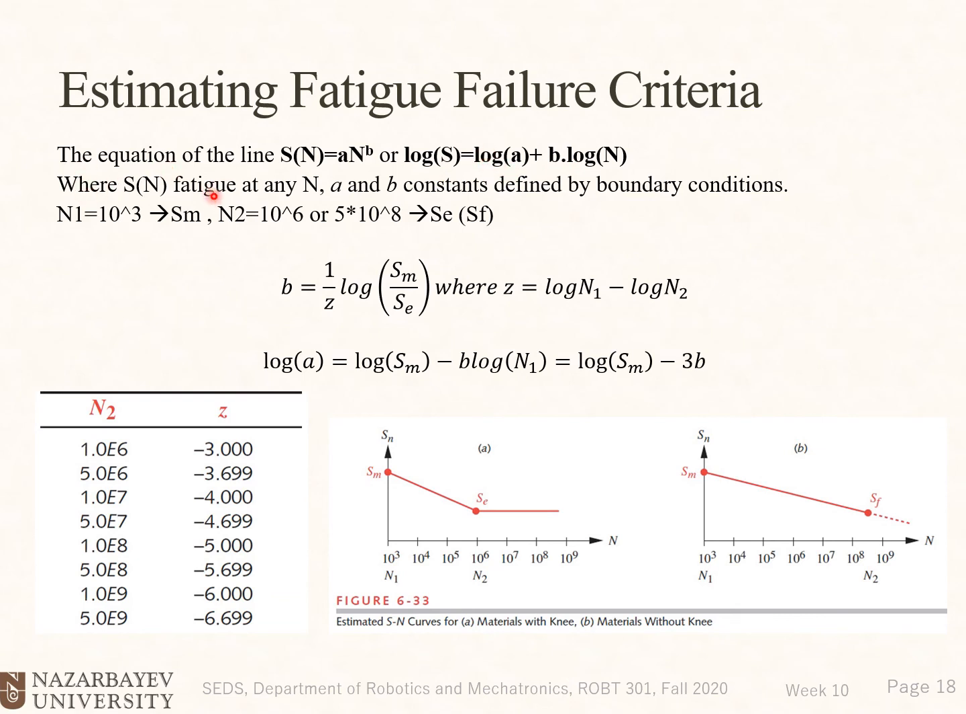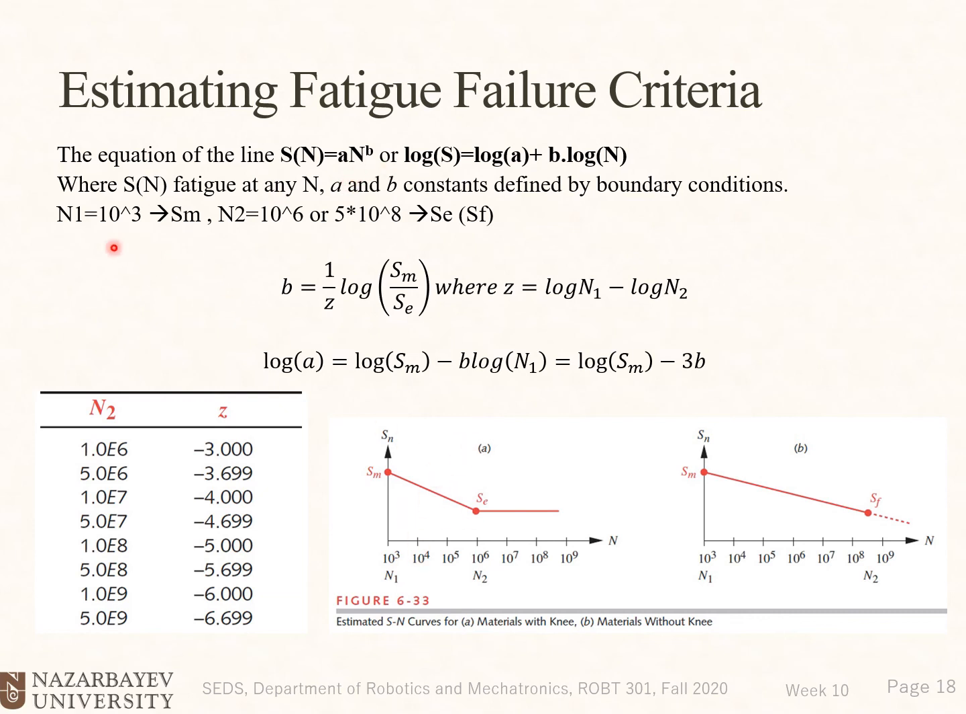Where Sn is the fatigue strength at any n, and A and B are constants defined by boundary conditions. So we need to find only the A and B constants. If we could find these two, then we could plug in any number of cycles and find the fatigue strengths. Of course, we could also find fatigue strength graphically, but it is more accurate to find the formula